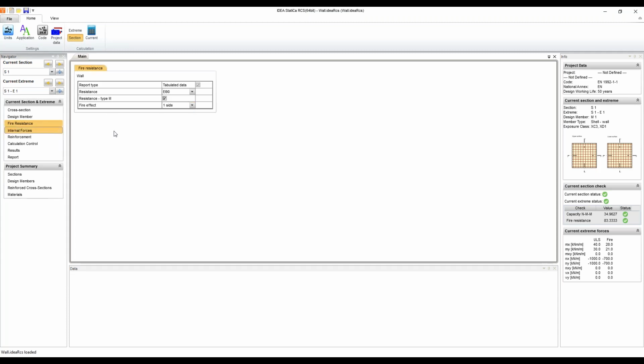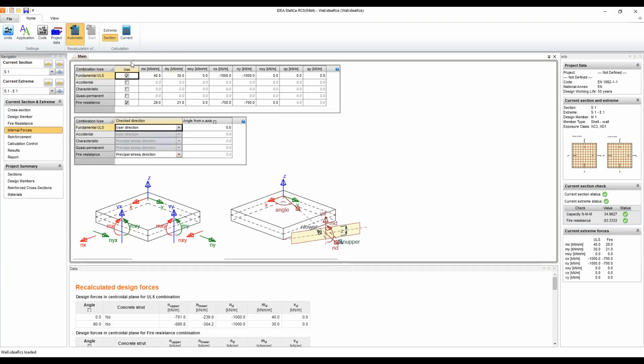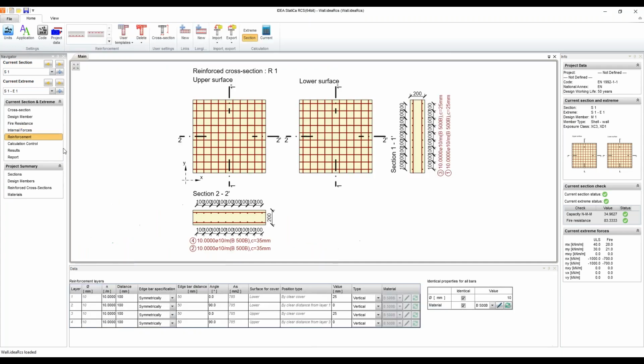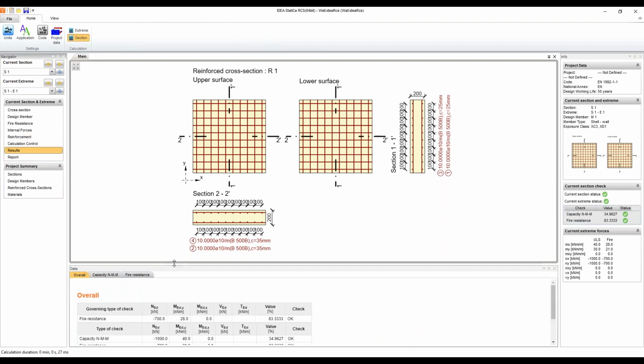Internal forces are again just 70% of the ultimate limit state value, and in reinforcement we would reinforce it simply as the upper surface and lower surface of the wall, and in the results